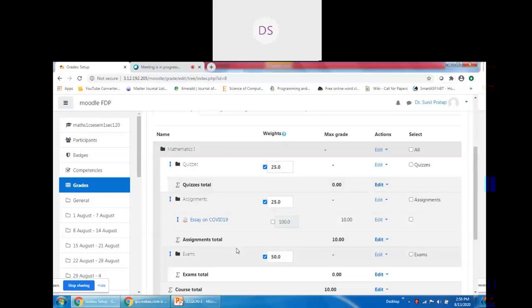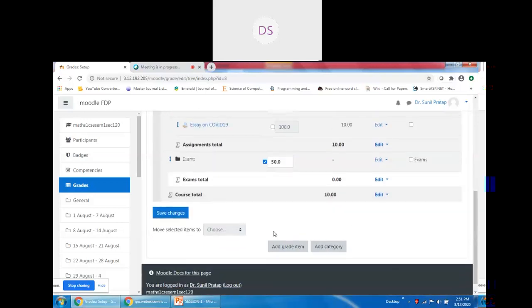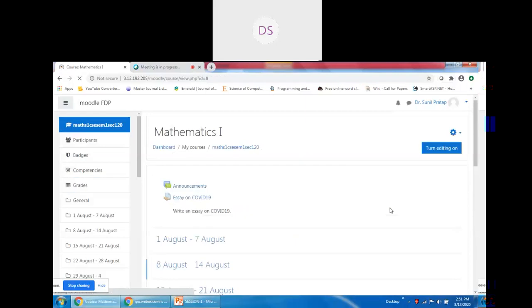You can see in this grade book, your assignment one is appearing, essay on COVID-19, and the maximum grade for this was 10. Now, moving back to the course homepage and turning editing on, going to the more section.